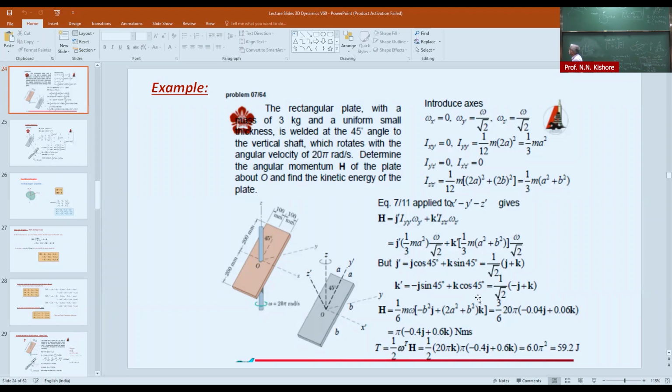Then the angular momentum is the inertia terms with respect to the x prime, y prime, z prime axes multiplied by the angular velocity. So like here, what is it? Yeah. So if you want to find out hg here,